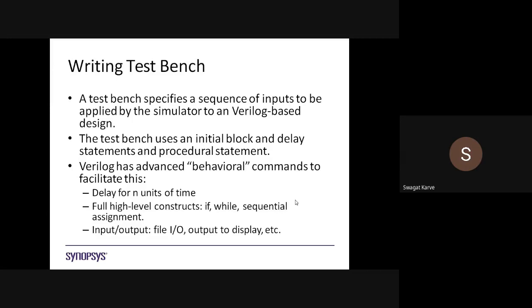A Verilog test bench. So what do you mean by this test bench? A test bench specifies a sequence of inputs to be applied by a simulator to a Verilog based design. All of you know we did the same thing in VHDL: we give some manual inputs, for example for a full adder we give the A, B, and C in values, and check the output.